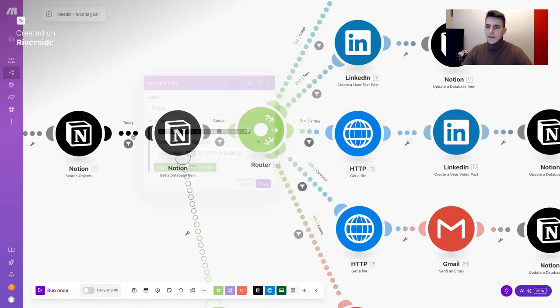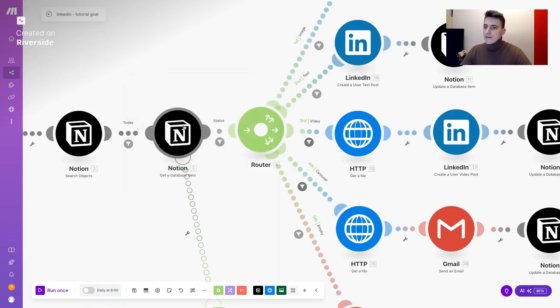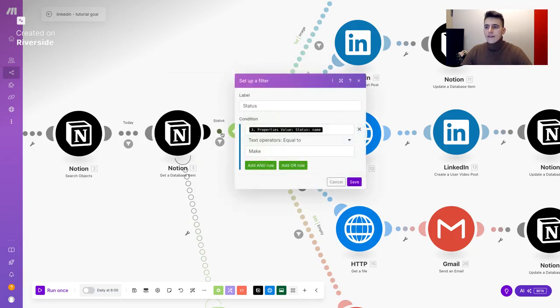Here the first filter is again a date filter. It's not essential, but I used to add it here also, so I know that the date is for sure checked, and I'm not checking all of the database items. Then in between the database item and the router, I need to set the status to make, because as I